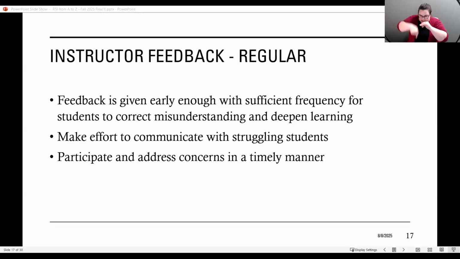But if you're going to use your SpeedGrader feedback as one of your ways that you do RSI, then it needs to be pretty regular. So usually maybe pick one assignment per week that you're responding to, or maybe one assignment every unit, so that it's on a regular basis. And that will be communicated in your communication plan.